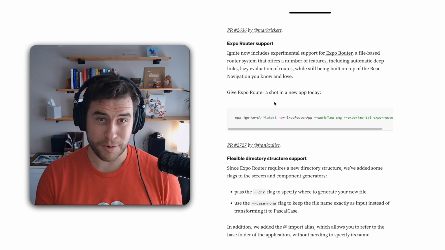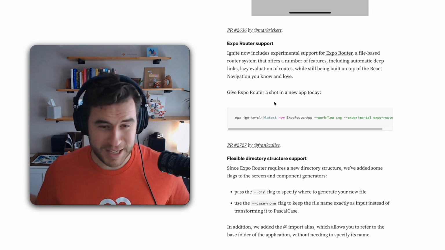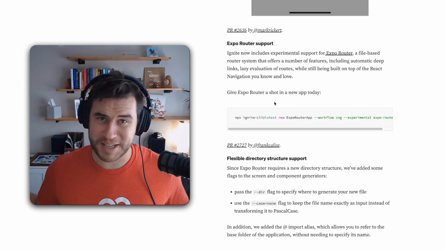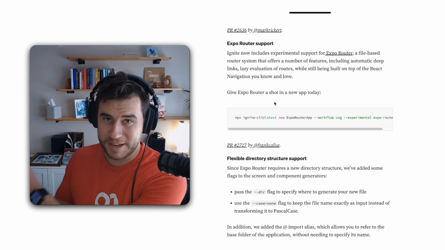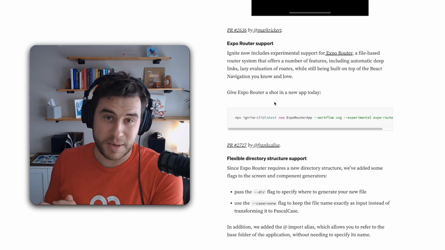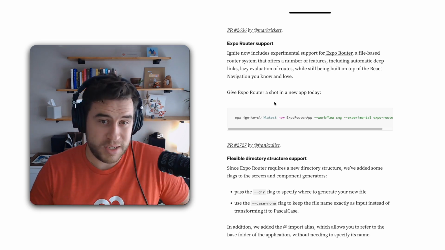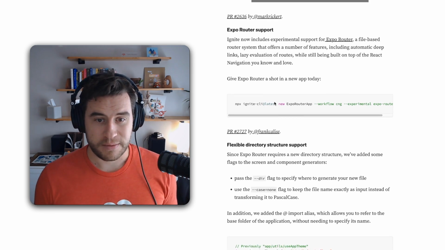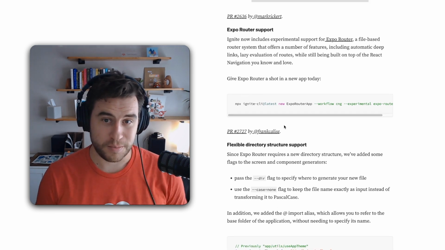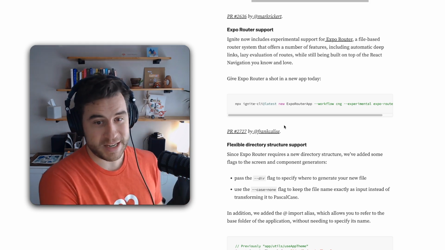Next up is Expo Router support. Expo Router is the hot new thing this year. All the cool kids are switching to use it. You know, it is probably where the industry is heading, if I had to guess. So we needed to make sure that we supported it in Ignite. We also wanted to use it in all of our projects if we could. So Frank did a bunch of great work this year to build Expo Router support into Ignite, which leads me